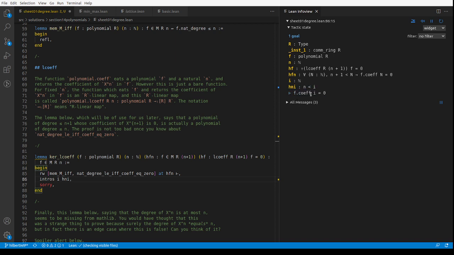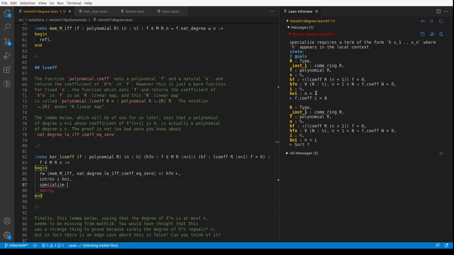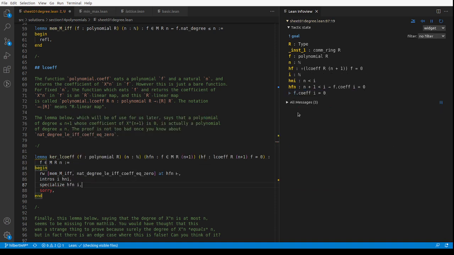And so we want to prove that the coefficient, so the idea is that we're looking at the coefficient of i, but f is a polynomial of degree at most n. So this should vanish. And we're going to be able to do this using hfn, right? hfn says, I mean, we could specialise hfn at i, if you like. hfn now says, well, if n plus 1 is bigger than i, then certainly the coefficient is 0, because that's our assumption, right? That the degree is at most n plus 1. So certainly if i is bigger than n plus 1, the coefficient is 0. But the problem is there's this one edge case that we haven't got. Well, what about if i is bigger than n because it's equal to n plus 1? And in that case, we can just use hf, because hf says the n plus first coefficient is 0. So we need to do,